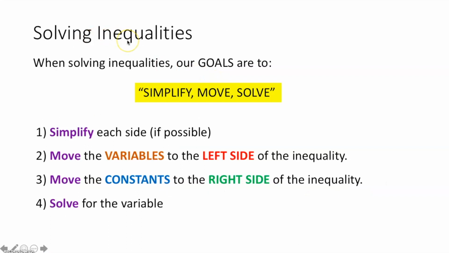Now, solving inequalities. This is a little different than solving equations, but honestly, it's very, very similar. So when solving inequalities, we simplify, move, solve, just like normal. We simplify each side if possible first, then we're going to move the variables to the left-hand side, we're going to move the constants to the right side, and then we're going to solve for the variable. The only difference comes when we are multiplying or dividing by a negative number, and that will come in the